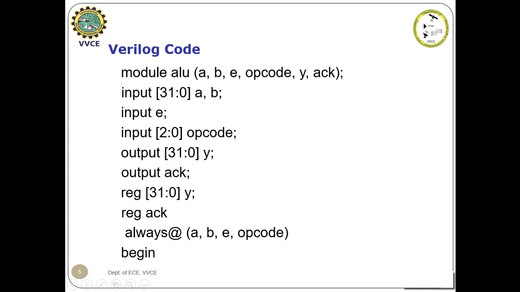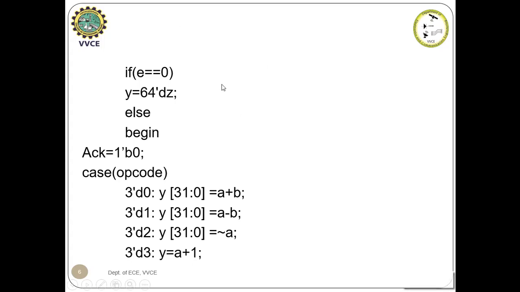After that I am using a begin keyword, and here I am testing: if enable is 0, irrespective of any opcode, the output should result in high impedance with a vector of 64 bits. The main reason behind the selection of 64 bits is that even if I choose variables A and B as 32-bit quantities and perform a multiplication operation, the word size may be double. Due to that reason, I am increasing the word size to 64.